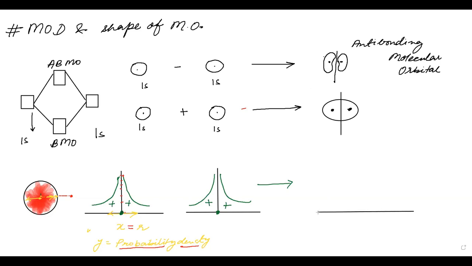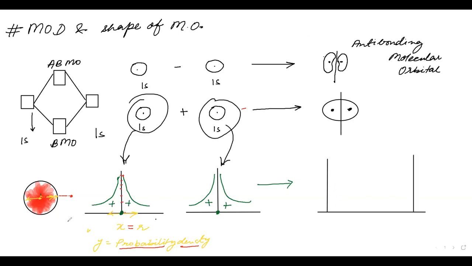Now we have to make another graph in which we will add these two. These are constructive, right? You have an idea about constructive and destructive? What will happen? These two will add with each other. Then okay, fine. This is one of the nucleus here, and then one more I have to make here. Okay, so now let us make it. Let us complete this one. These two will add, so I can make it like this.